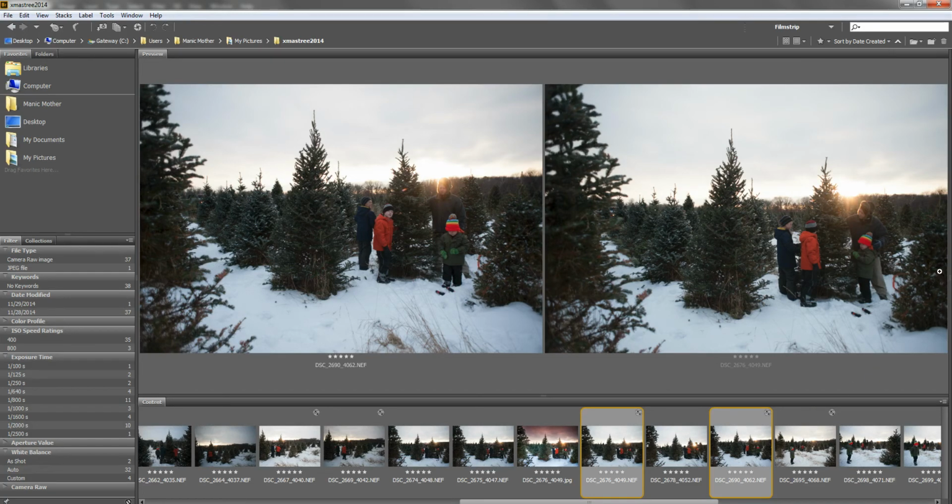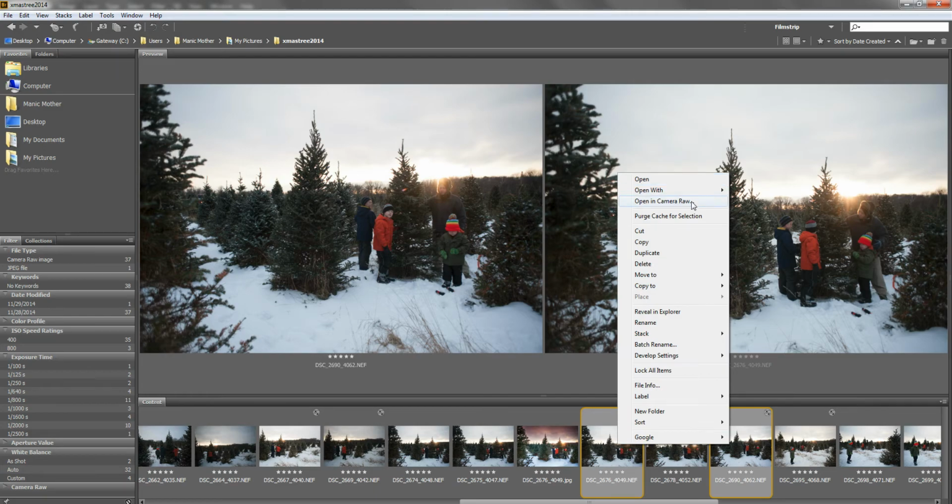I'm going to show y'all how I did a quick transformation to this image over here on the right. But I'm actually going to use two images because I like how my son looks in this image over here better. So I'm going to move him from this image over to this image. So I'm going to open them both up in Camera Raw